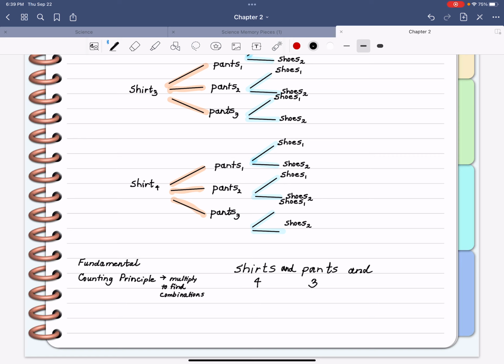And shoes, he has 2 choices. The word "and" means multiply, and you'll see that again in the next lesson when we talk about probability. So we have 4 times 3 is 12, and 12 times 2 is, guess what? 24